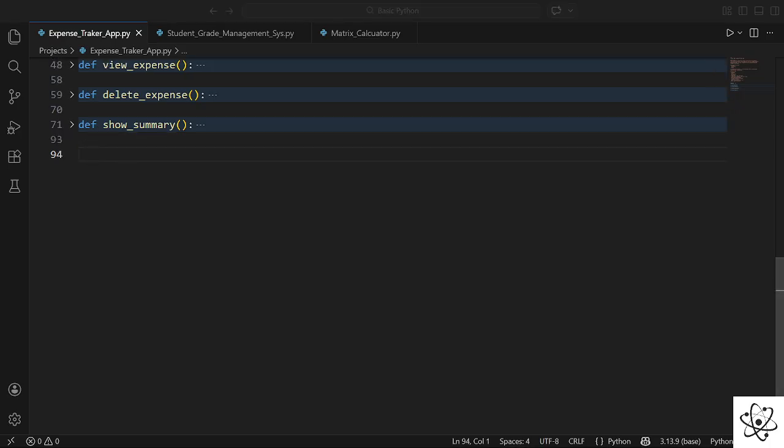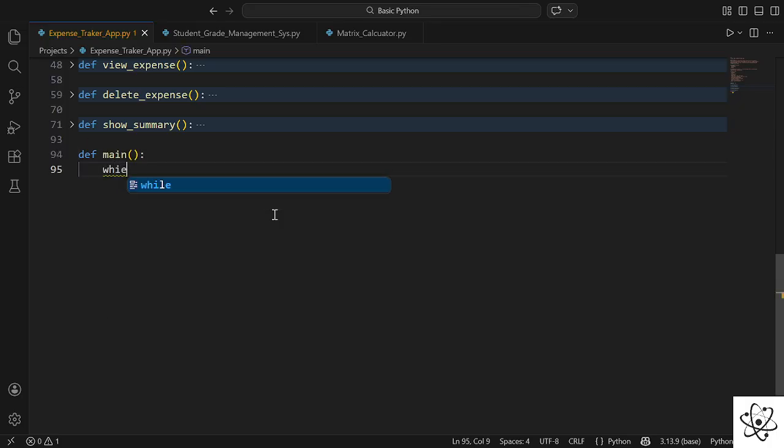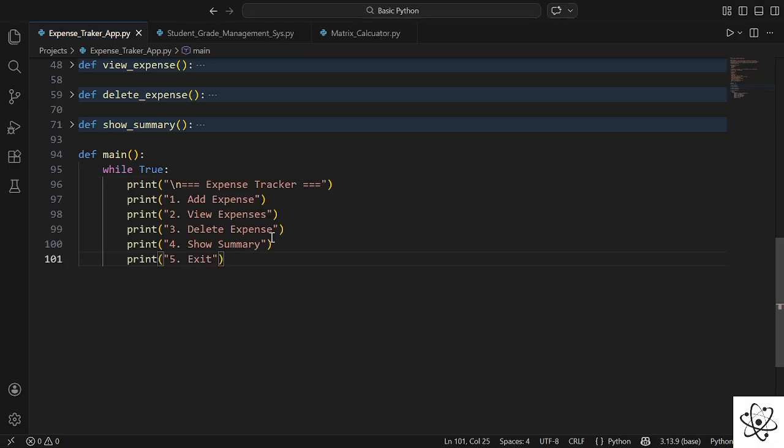Now the rest left is to define our main loop, basically define main, and the main is going to be a while loop. Of course, we are going to repeat everything until the user suggests, okay, now I want to exit. For that we need a menu system, and I have created that at the backend. So here is the menu, basically the same thing that we have seen. Now in the while loop, we are going to ask for the choice from the user,